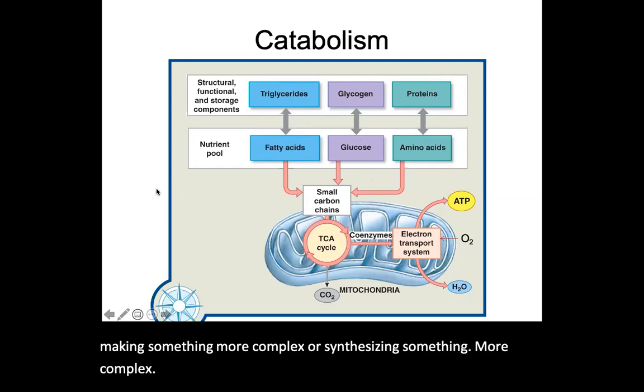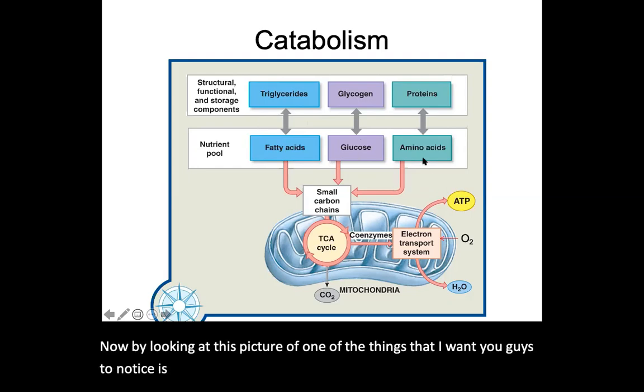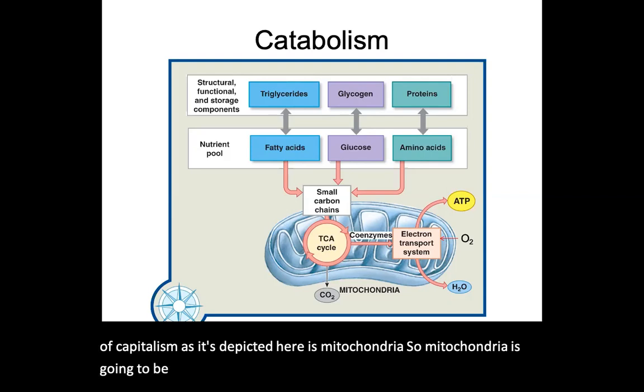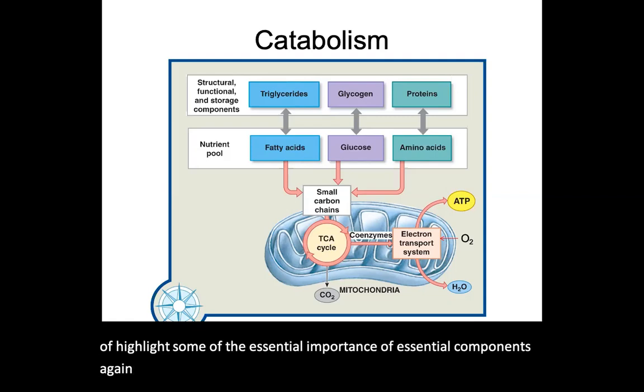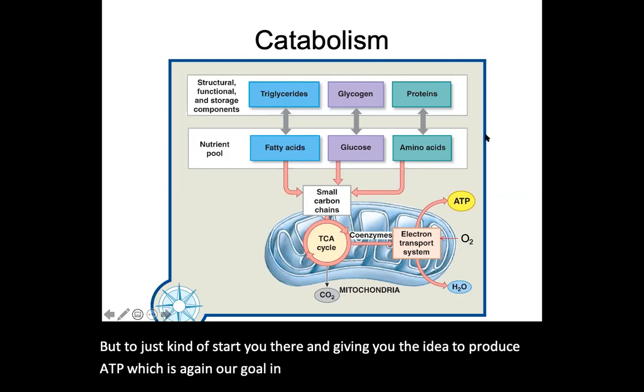Now, by looking at this picture, one of the things that I want you guys to notice is that the organelle that is going to be involved in the process of catabolism, as is depicted here, is the mitochondria. So mitochondria is going to be a focus of our lecture as we go through this process. It kind of highlights some of the essential components, again, as we go through this. But to just start you there, giving you the idea, to produce ATP, which is again our goal in terms of energy molecule or high energy